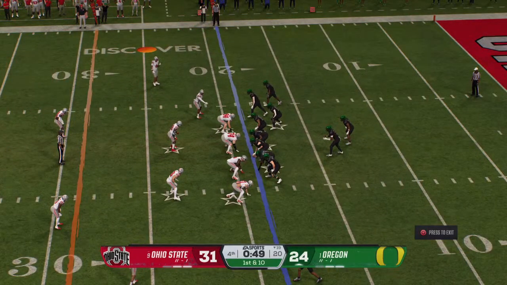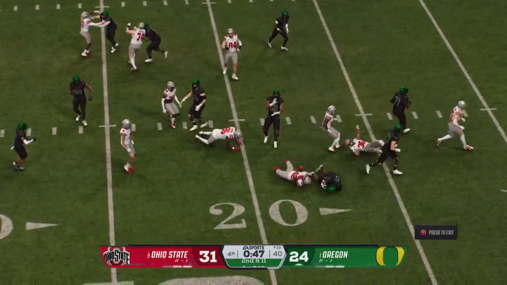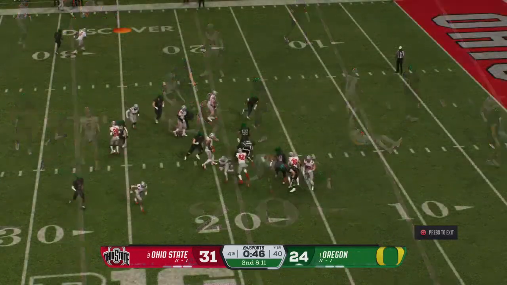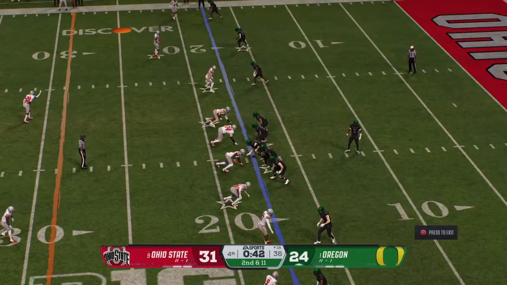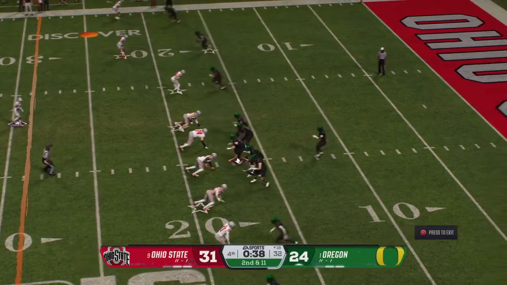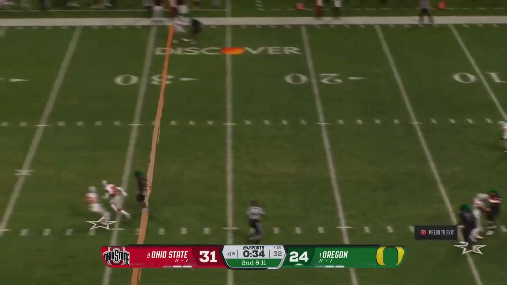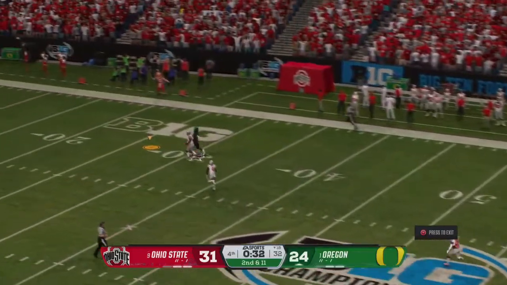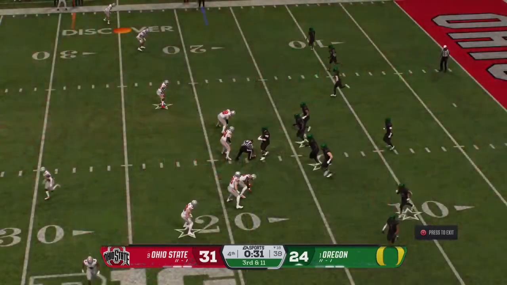Here's the first play of the drive now to begin at the 19. Now run it. Handed off to the running back. They'll stop him behind the line for a loss of 1. Here we go. Conference championship game comes down to this. The offense got to make a play here with time winding down. He's going to throw the ball. And it's incomplete. The trickery fails there.